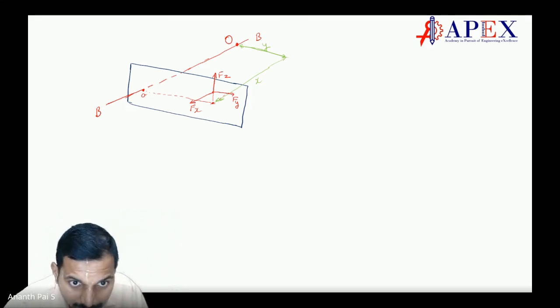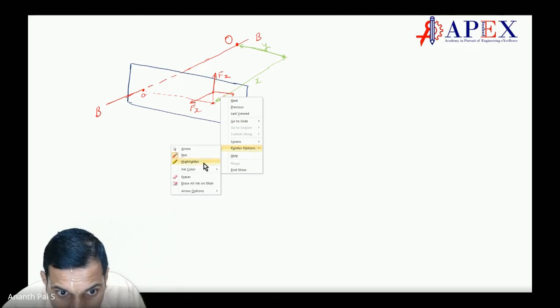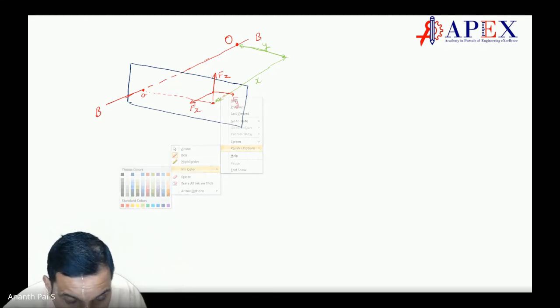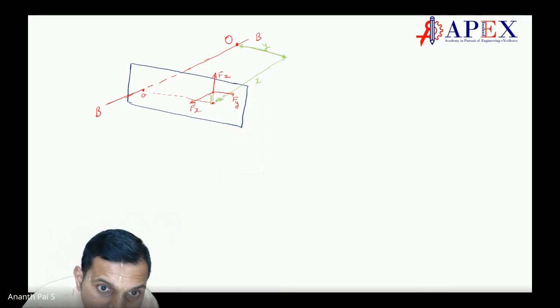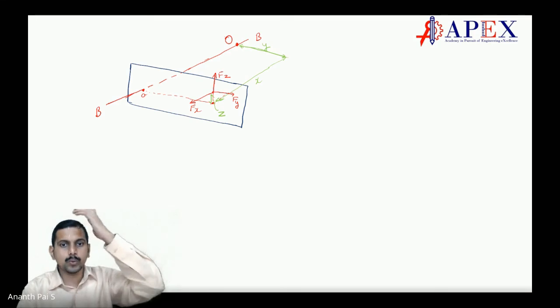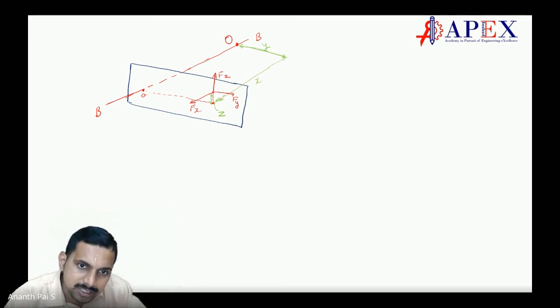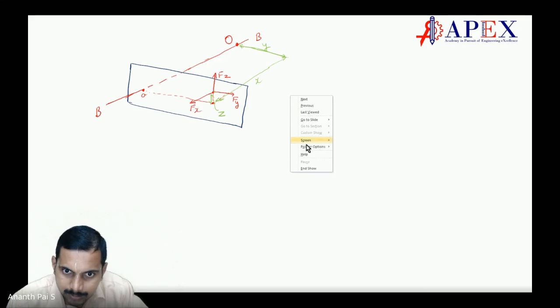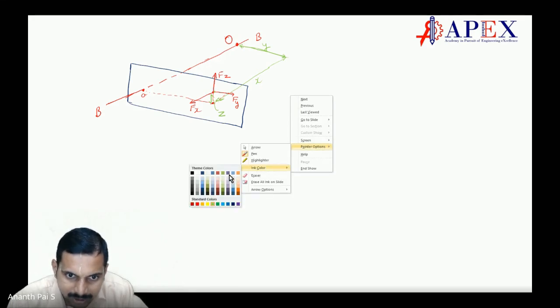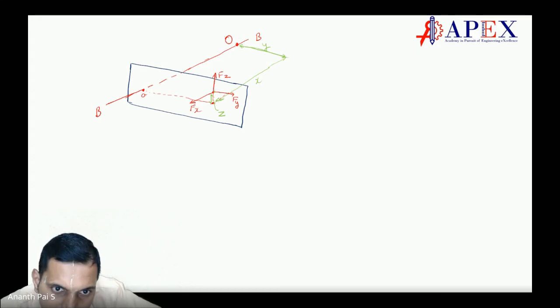Then x, y is done. Next, with this color, we will say this distance from here is z. So x, y, z is there. We have a distance from here, let us put it r, in a different color from all these, a purple color. From that particular point till here, this distance.